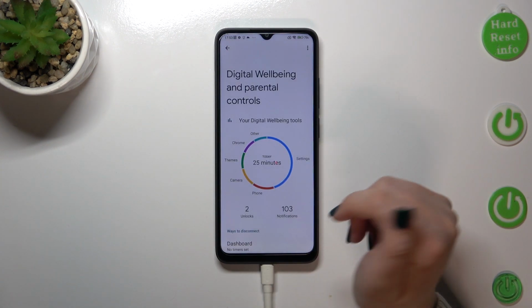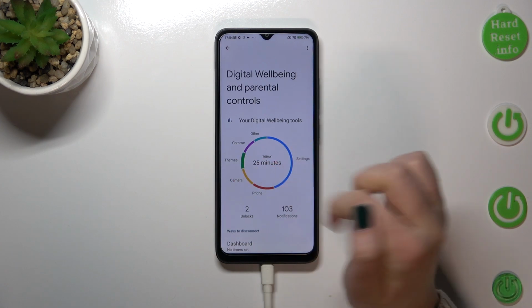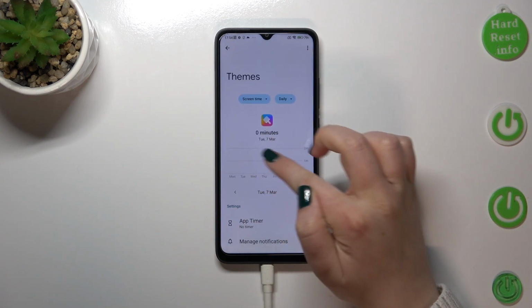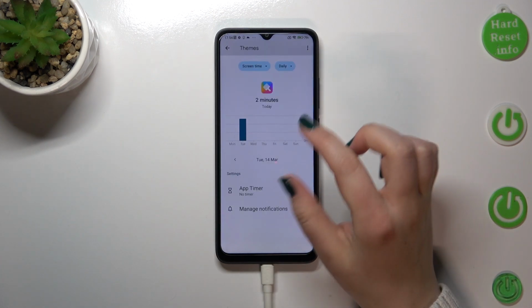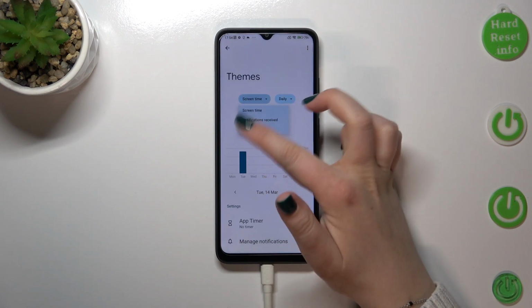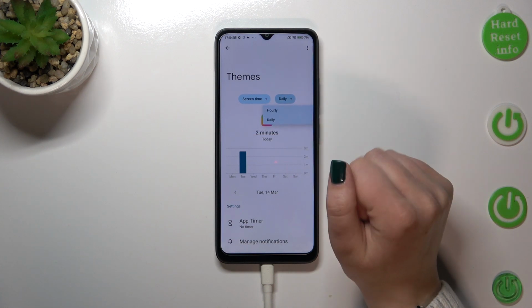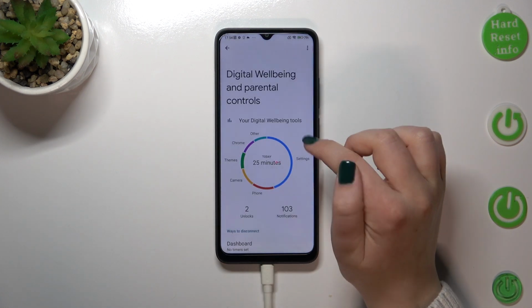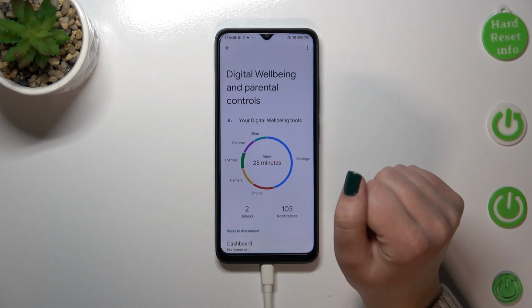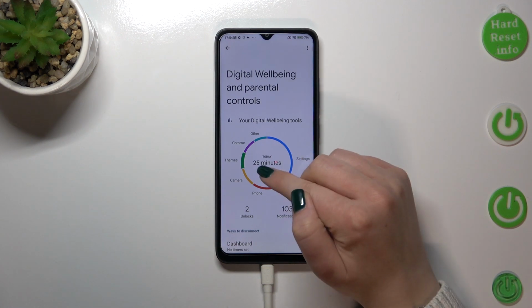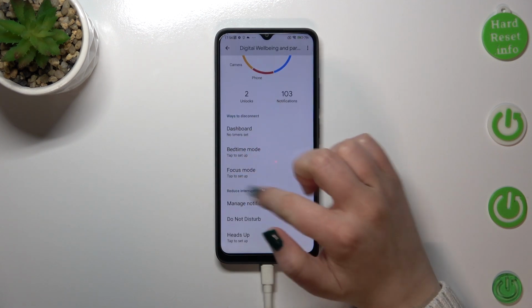And the second way is to tap directly on the app, so for example the themes. And here again the dashboard, but this time it is only connected with this app. Again, we can change the screen time to the notifications and times opened, and from daily to hourly. So basically this is how to check the total screen time,